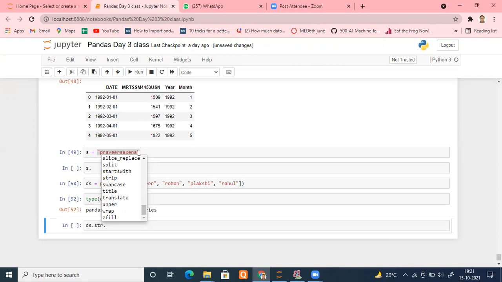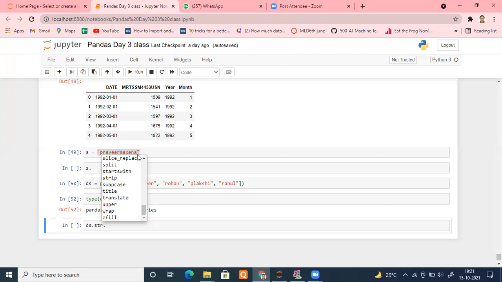You have a complete table. In that table, there is a column which has the email ID of all the people. And your boss is saying, I want to know which mail service providers people are using most, or which ones people are using less. How can you do that? If you know the string methods, you can do it in a fraction of a second.